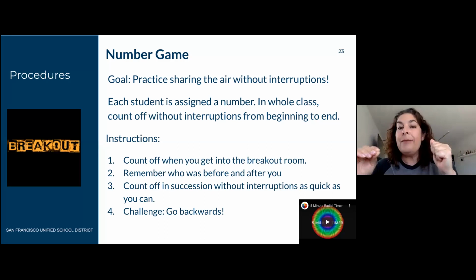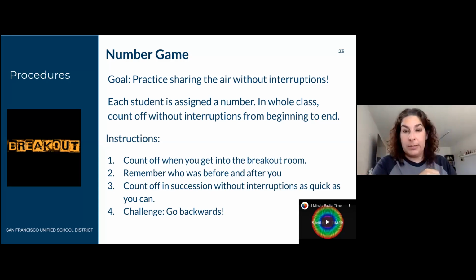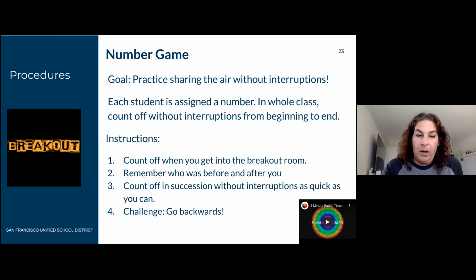When you're number 7, you can say, okay, we're ready to start. So then everybody should have a number, and then you're going to start. You're going to call out 1, 2, 3, 4, 5, 6, 7. When you get to 7, then try and do it really fast. And if you guys get that down, then I challenge you to do it backwards. I am going to open up all the rooms and I'm going to set a 5-minute timer. So everybody, off you go.